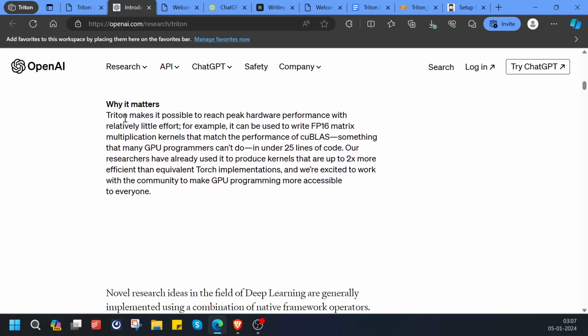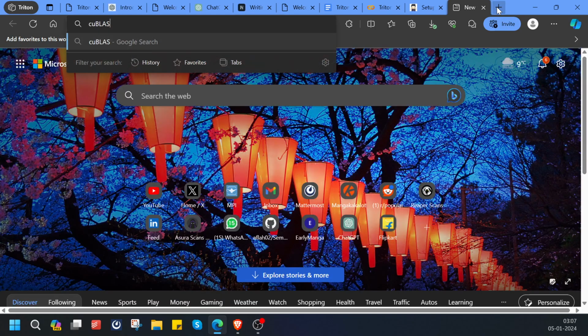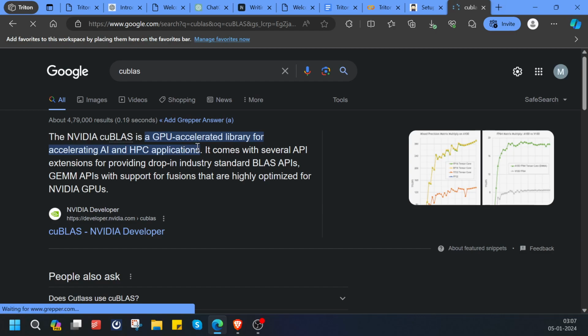Okay, this is the documentation. So Triton makes it possible to reach peak hardware performance with relatively little effort. For example, you can write a float16 matrix multiplication kernel that matches the performance of cuBLAS in under 25 lines of code. What exactly is cuBLAS? A GPU accelerated library for writing AI and HPC applications. Okay,